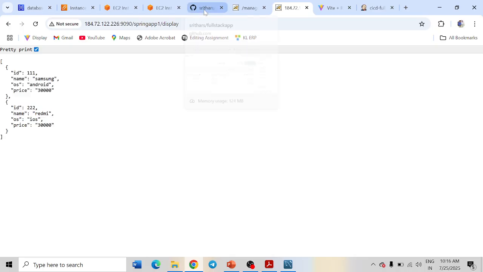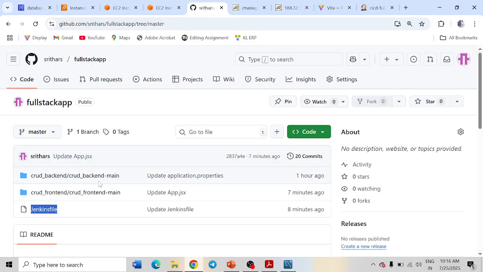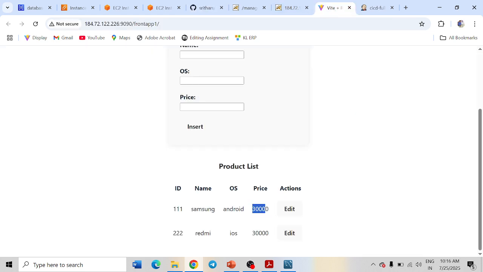Okay. So now let me tell you about continuous integration and continuous deployment. Continuous integration means whenever you are doing any modification in the source code, automatically the pipeline will trigger. Okay. So let me explain. In this example, I don't have this delete option. Let me try to enable the delete option. Go to this